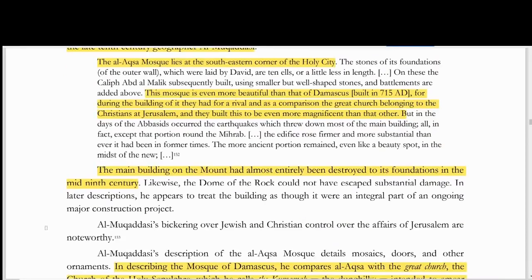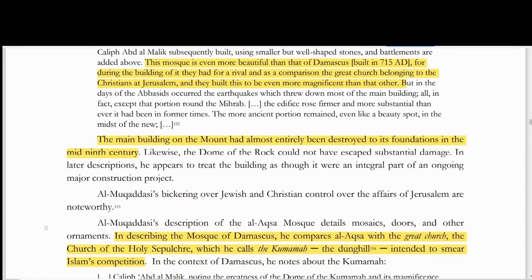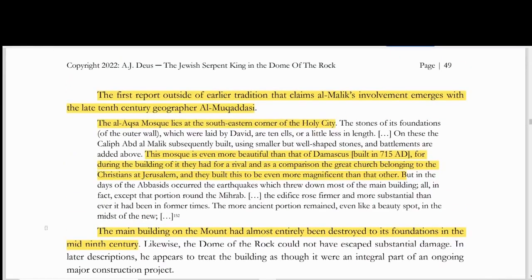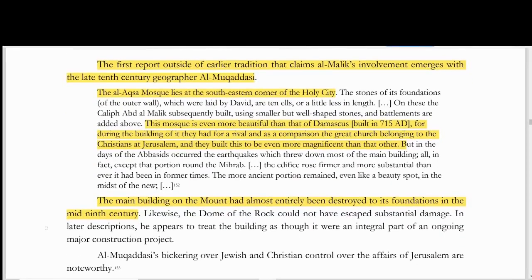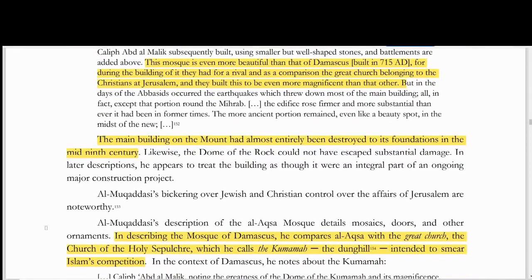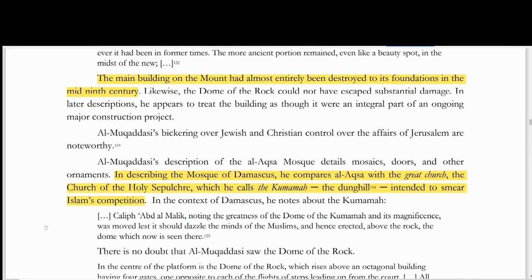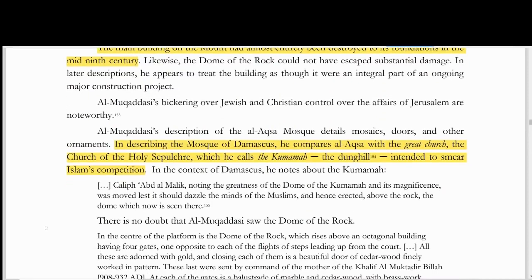The main building on the mount had almost entirely been destroyed to its foundations in the mid-9th century. You see that? Likewise, the Dome of the Rock could not have escaped substantial damage. In later descriptions, he appears to treat the building as though it were an integral part of an ongoing major construction project. His bickering over Jewish and Christian control of the affairs of Jerusalem are noteworthy. Now, what's interesting here,